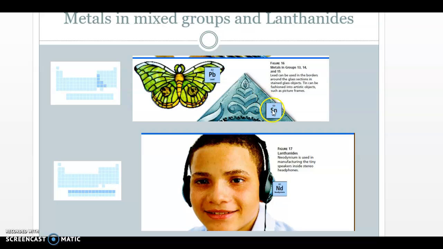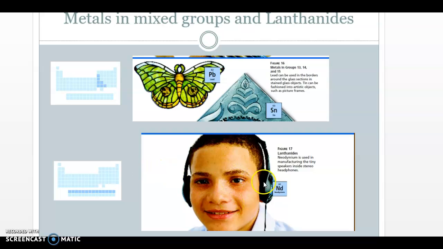There's lead and there's tin. Those are 2 metals that aren't found in the transition metals but are found over here. Very similar as far as how they react. Some of them are a little bit more reactive than others. As they fall into these groups over here, a little bit more reactive than this stuff right here. Then we've got our